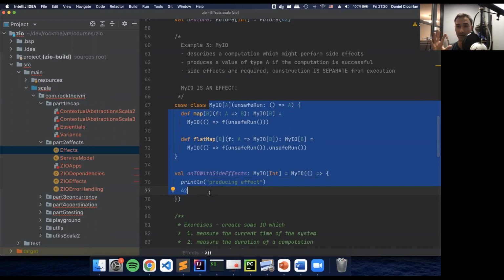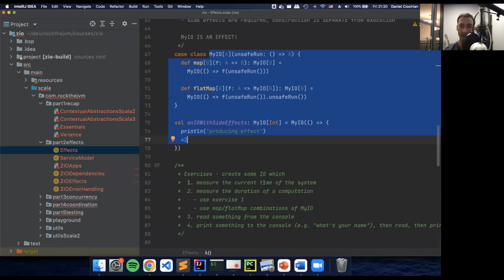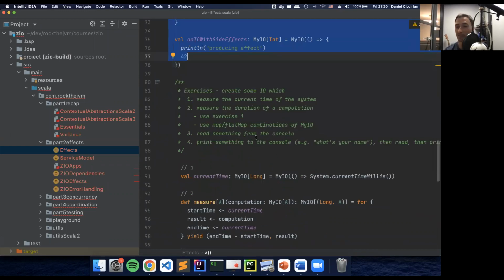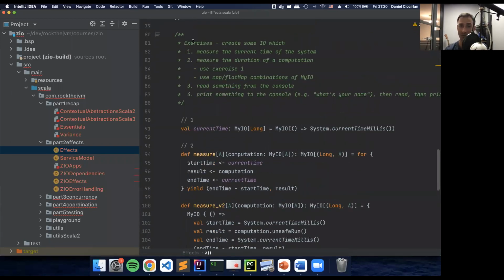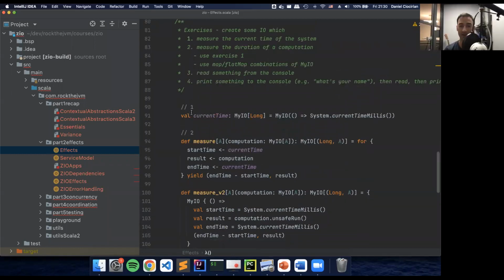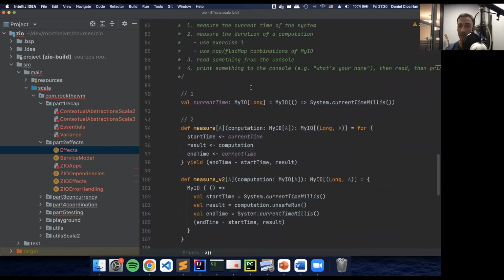And once I've defined that, I then explain the philosophy of it, which means any sort of computation that might perform side effects. And then once we have that, let's start using it. Let's imagine some programs that we can build with that. Some easy programs, like how to measure the duration of a computation, how to read something from the console, whatever. And I would have solutions. Of course, when the exercises are written, I write them and explain what they mean. Obviously there is no code. I ask people to pause the video, and then I go through the exercises step by step and explain why I've approached them in this way.